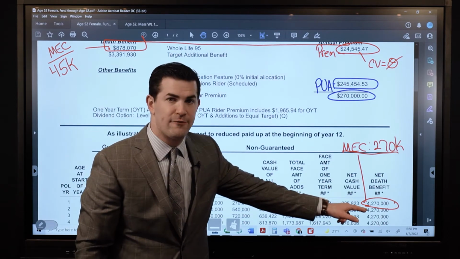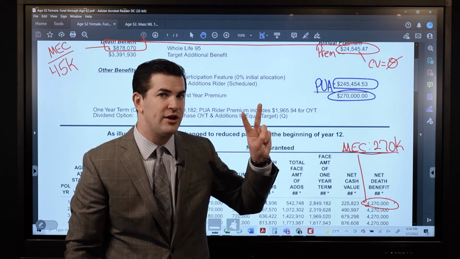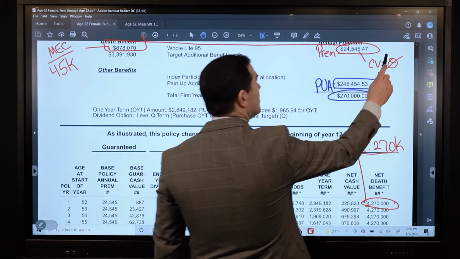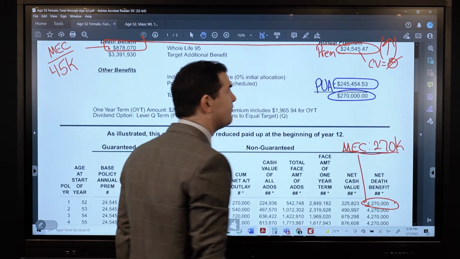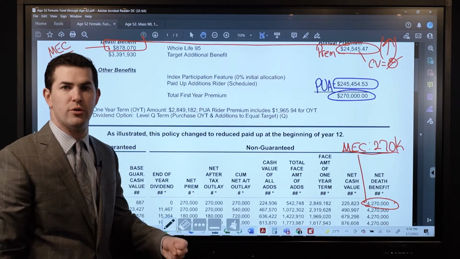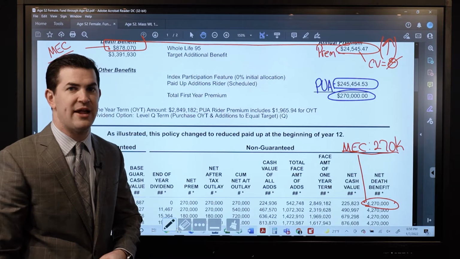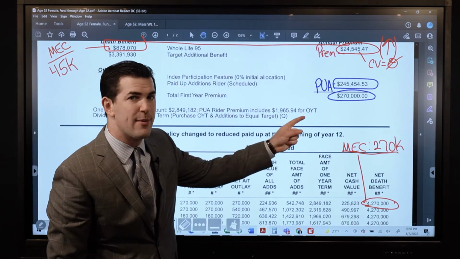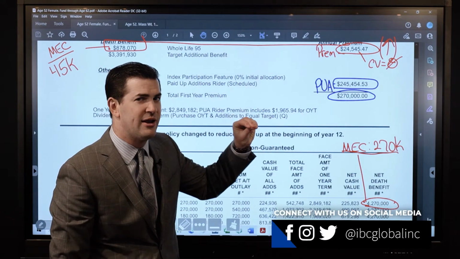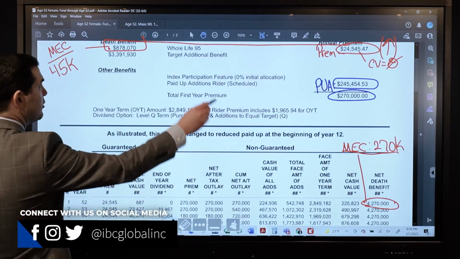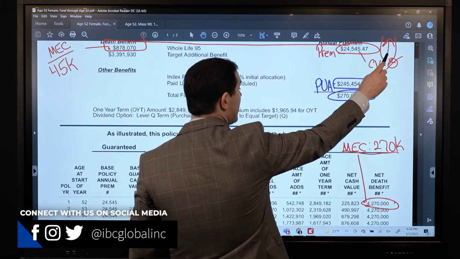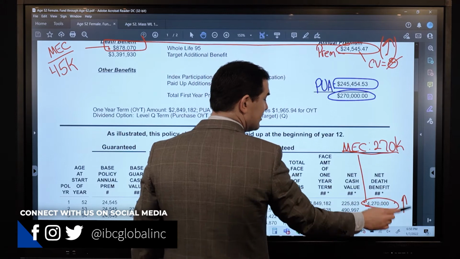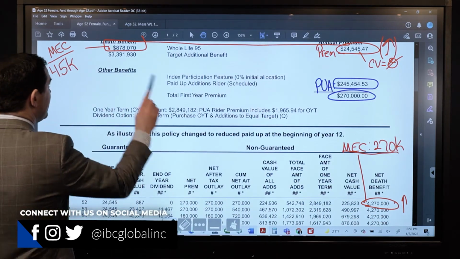So to get to that 4.27, there's two ways she can do that. One, she can increase her premium, which will hurt, particularly in terms of cash value. She's also on the hook to pay that premium, where she wants a minimum commitment, not a high premium. So instead of raising that, we could raise it. That's one way to raise the death benefit, but it's not a good way in most cases. The other way